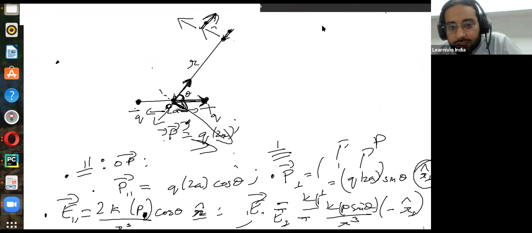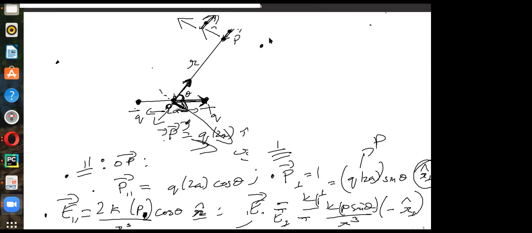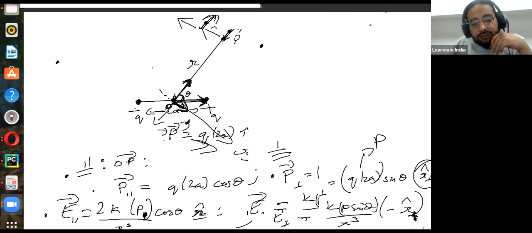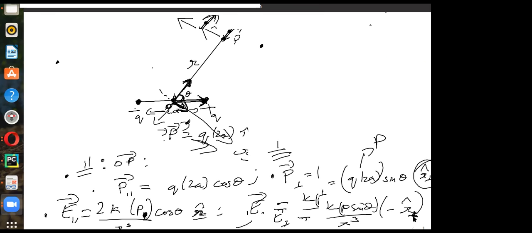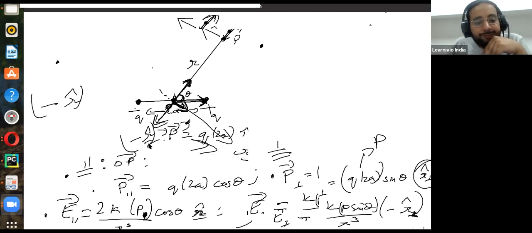Why have we taken minus r arrow over there? I don't think it's being used. Is there any use of that, sir? The arrow we made for r perpendicular in the opposite direction, there is no use of it, I just drew it because you said minus r cap. So I just showed you this direction is just minus r cap essentially. Because this direction is r cap, so this direction will be minus r cap, correct?